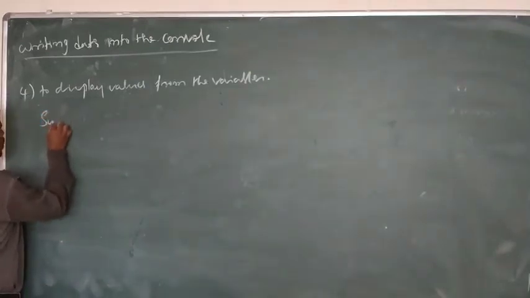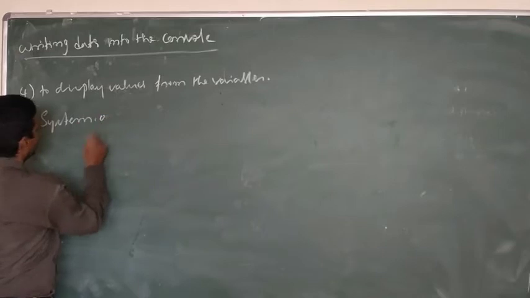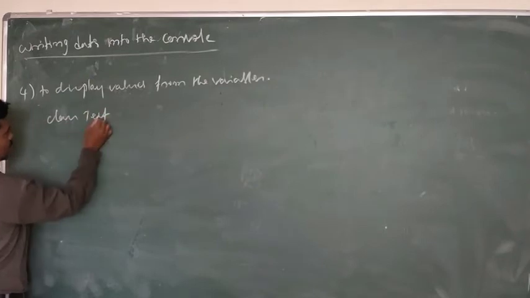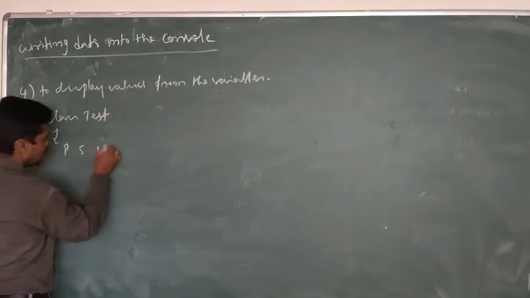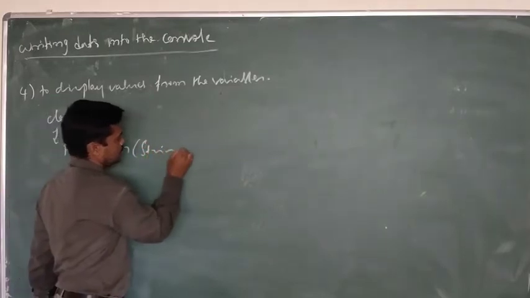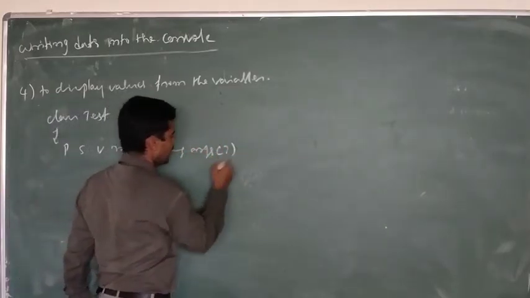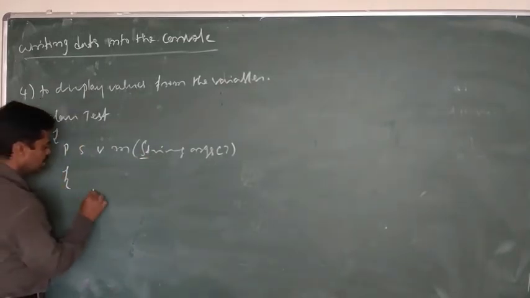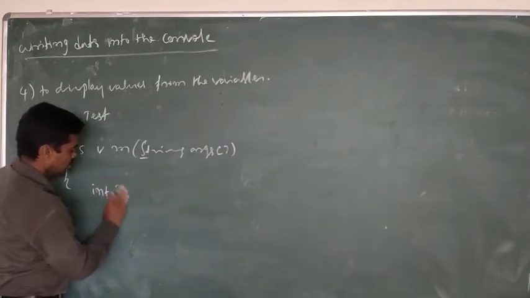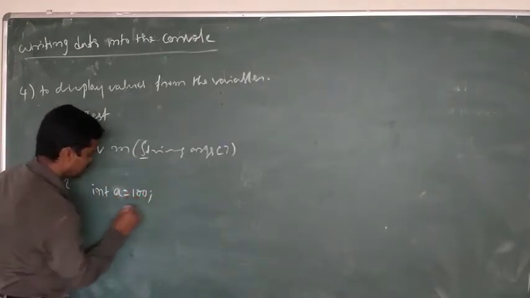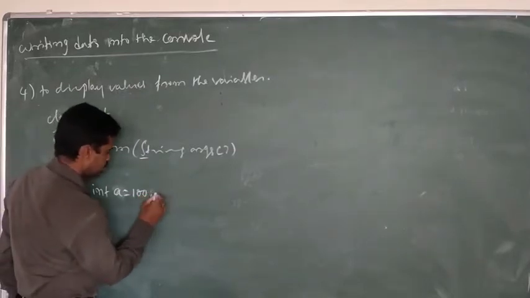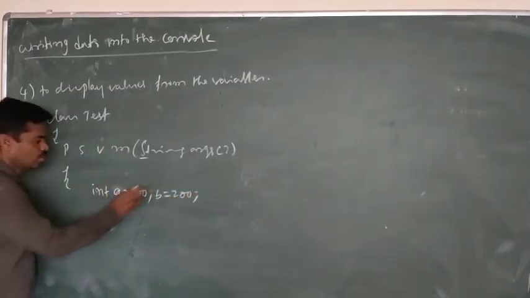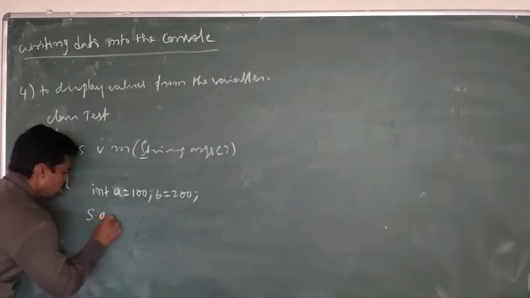How? See, for example, you take a class Test, public static void main, String arguments. Here the class name starts with a capital letter, because it is a class. Then int a is equal to 100, int b is equal to 200. Now System.out.println,